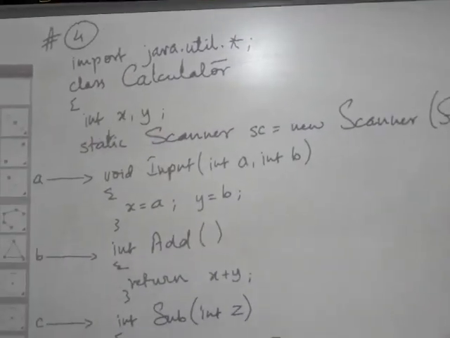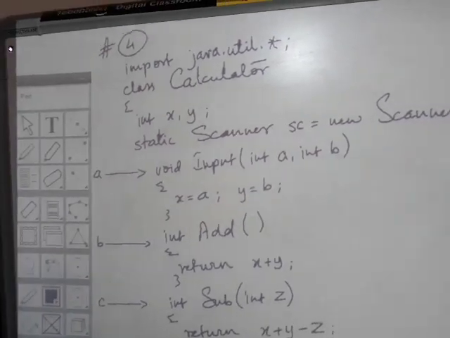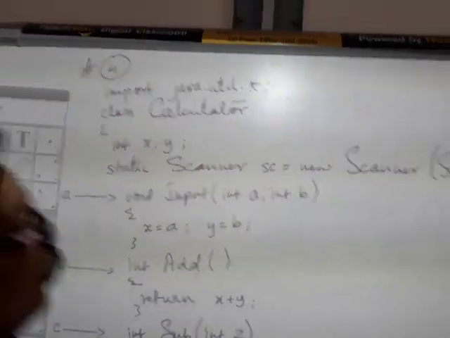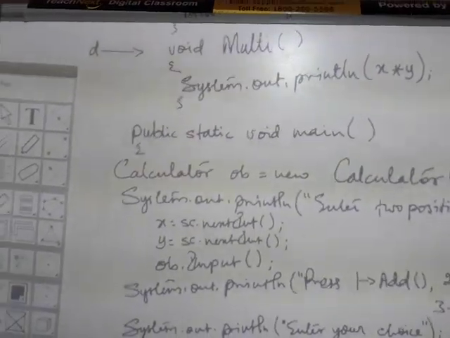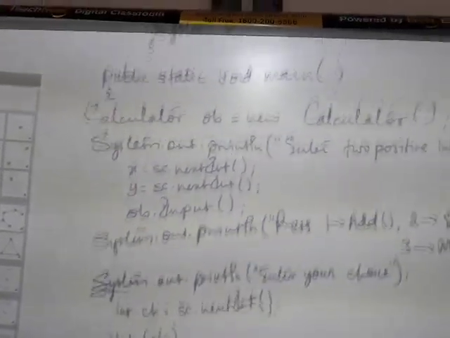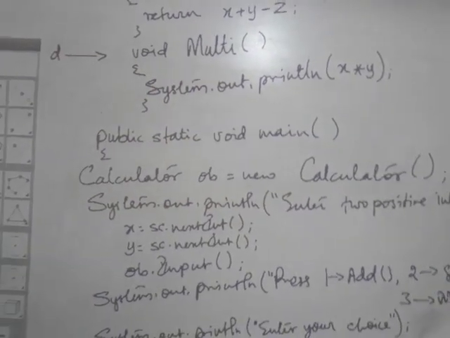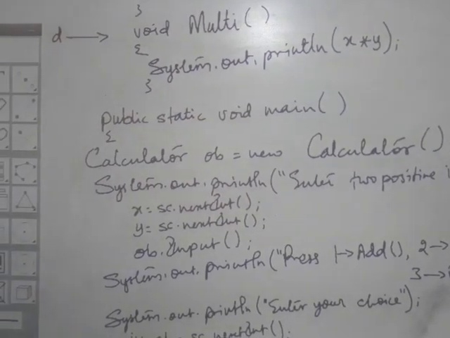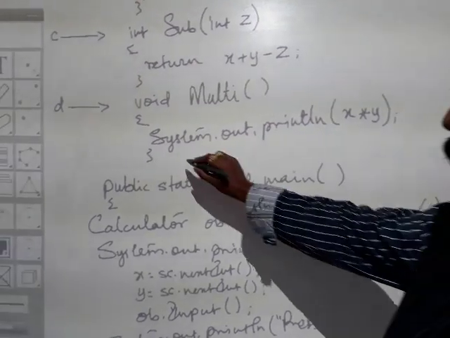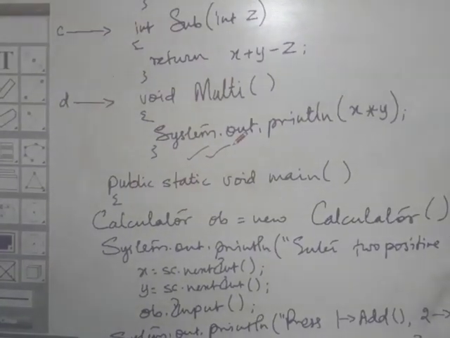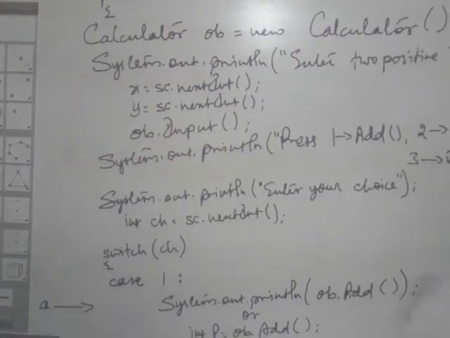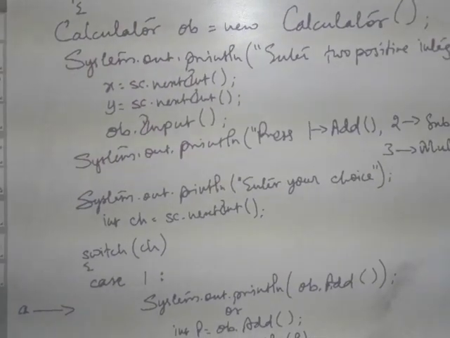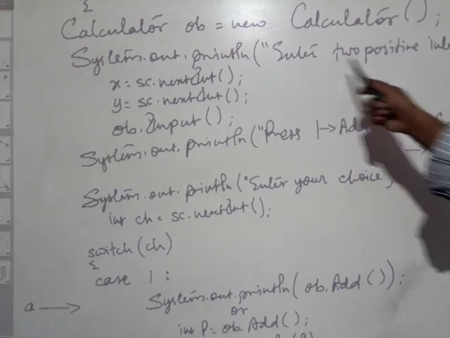Now there is another type of question that you will find, that is with reference to the choice. So if you have a choice of the things that is being printed, then how are you going to deal with a choice? First, write all the function definitions till here, till multi, and thereafter create an object as we have done here.